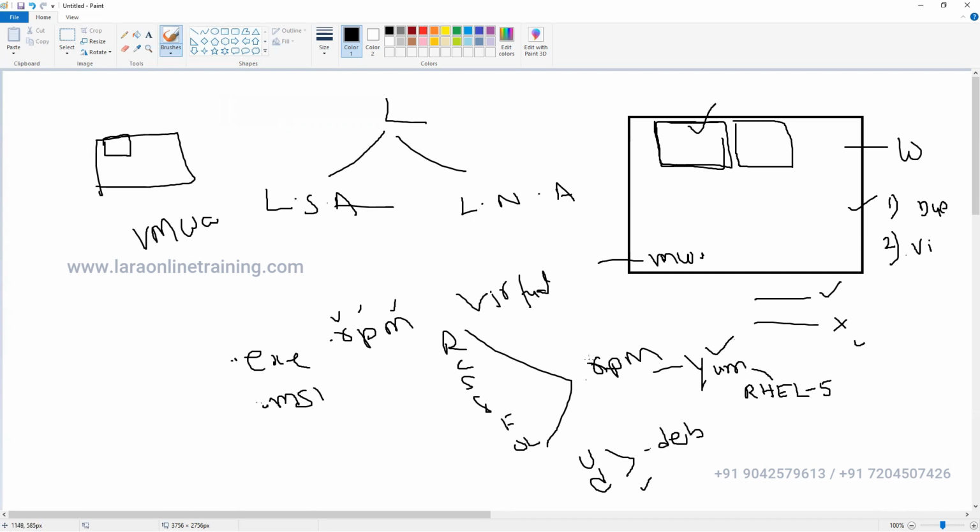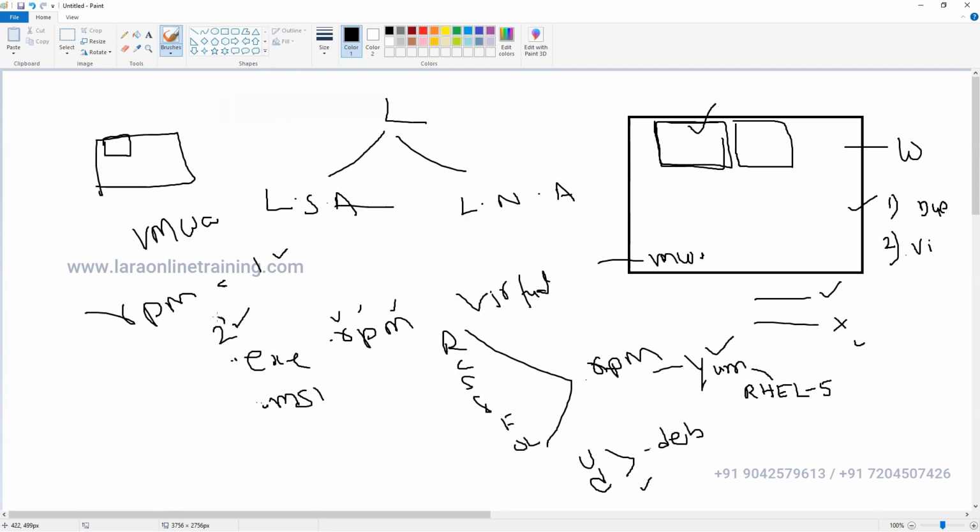But by using RPM, you go for one-by-one installation. Sometimes RPM cannot install a package, because RPM will not handle all the packages. Why? Because you're installing a package using the RPM tool, say package number 1, but this package has a dependency on package number 2. That means if you want to install the package, first this other one must be installed. That is the dependency.